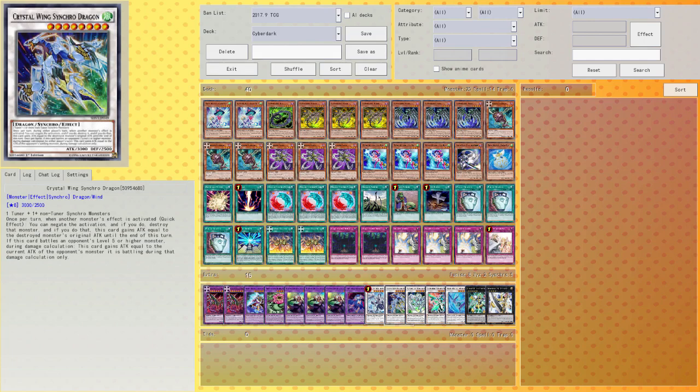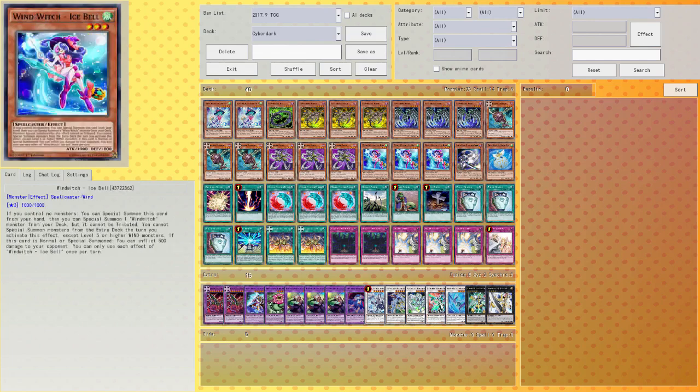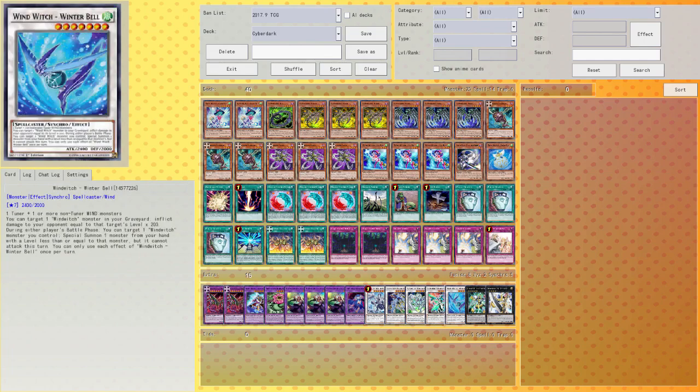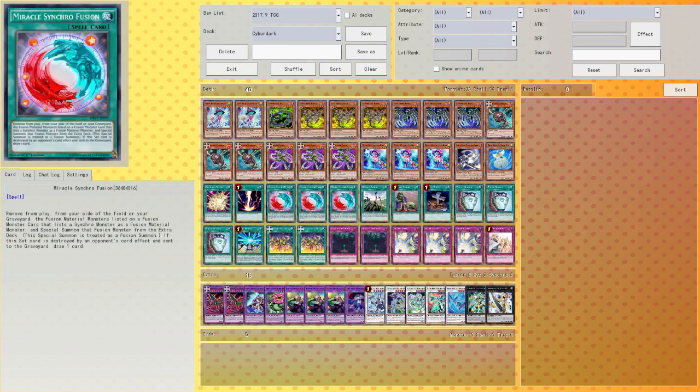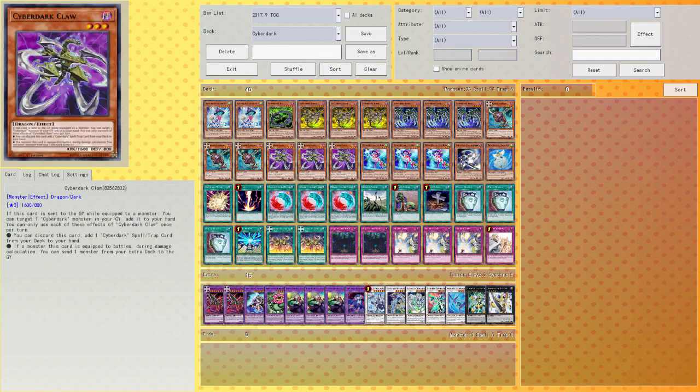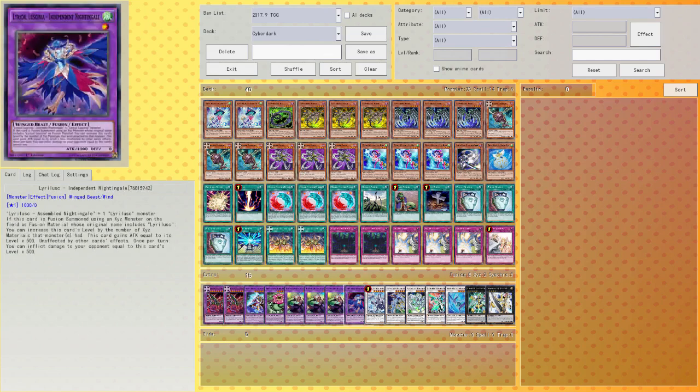However, if for whatever reason you have Cyberdark monsters on the field, or if you don't open with it, you want to get Winterbell into your graveyard as fast as possible because it is a fusion material for Crystal Bell, and you can fuse with materials in your graveyard because of Miracle Synchro Fusion. So, because of that, Claw and Cannon have great targets, because if Claw is able to send this card to